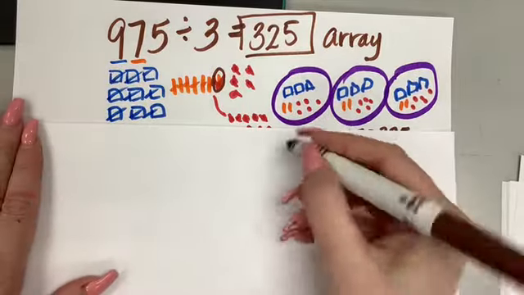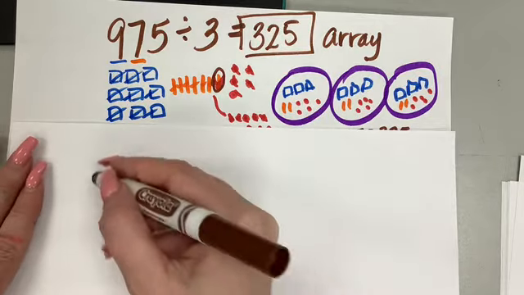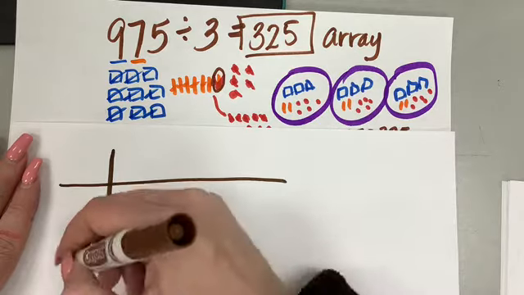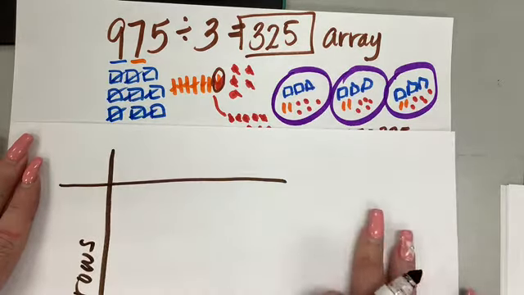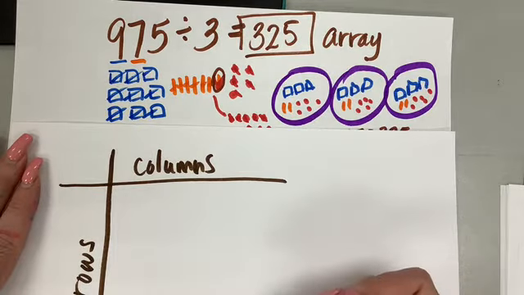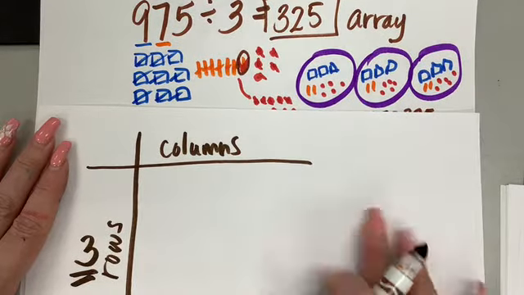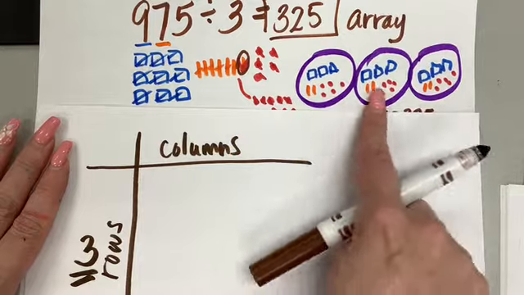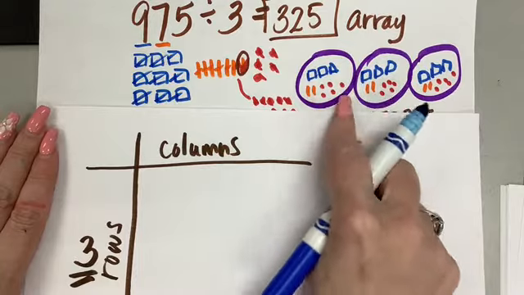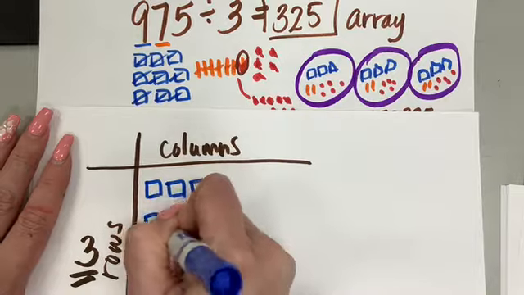So how do we make the array for this equal group representation? Well, one thing to know about arrays is it's a fancy way to say that we're going to organize multiplication and division into rows and columns. And in this case, we're going to create 3 rows, and in each one of our rows, we're going to have our 325. So I draw, and I'm going to draw all my hundreds first,